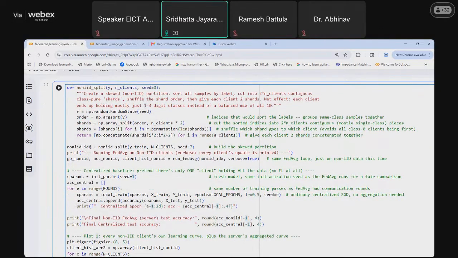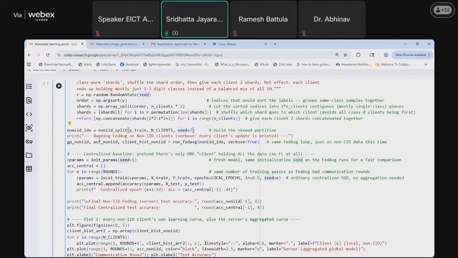So now to generate the data, we call the function non-IID split. There we pass the ground truth of the training data, the number of clients, which is 8, and the seed as 7, and then we print the status.